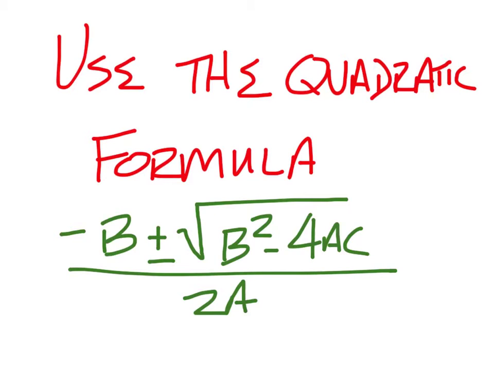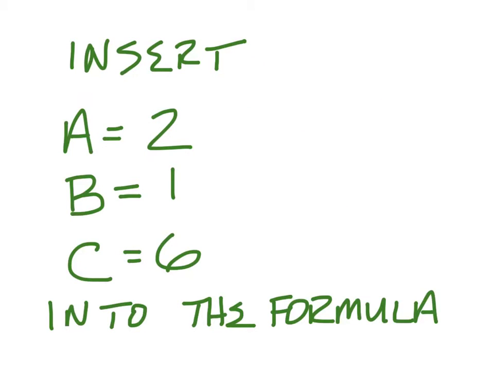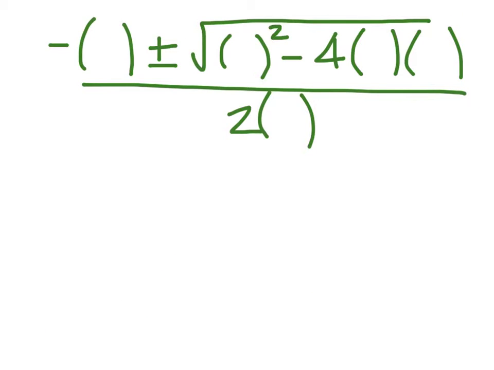Use the quadratic formula, -b plus or minus the square root of b squared minus 4ac, all of that over 2a to solve the quadratic equation. So you're going to insert 2, 1, and 6 into the formula that we just put on the screen. And when you write the formula, it's a good idea to practice putting parentheses where there should be a variable. That way, if you have a negative number to dump in, you don't run the risk of dropping the negative sign, simply because you have a negative b value at any time. Alright, so we had 2, 1, and 6 for our values, and from the formula, a is 2,